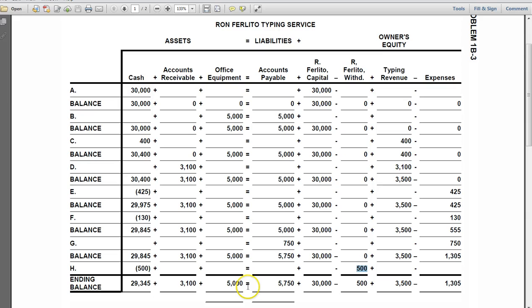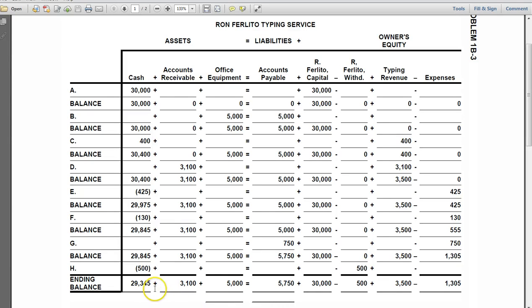In the end, we calculate our balances. We take out that 500 from the previous cash balance, down to a cash balance of, as you can see, 29,345. We haven't got paid yet. If we did get paid, we'd add to cash and we'd reduce the accounts receivable. You will get some of that going forward. We still have all the office equipment. So on the left side of the equation here, you see a proof figure. You look on the right margin of the page there. They didn't enter it, but the total of the assets is